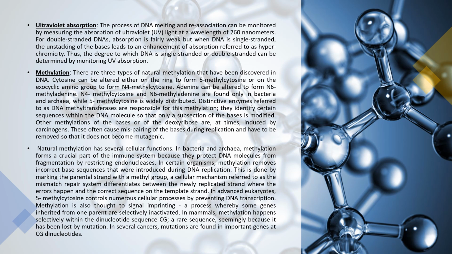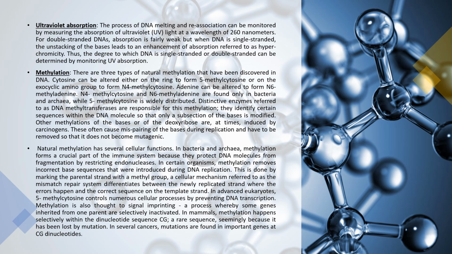Methylation. There are three types of natural methylation that have been discovered in DNA. Cytosine can be altered either on the ring to form 5-methylcytosine or on the exocyclic amino group to form N4-methylcytosine. Adenine can be altered to form N6-methyladenine. N4-methylcytosine and N6-methyladenine are found only in bacteria and archaea, while